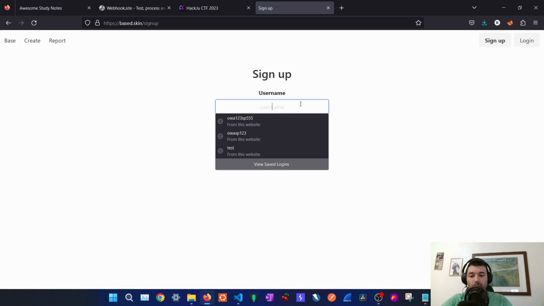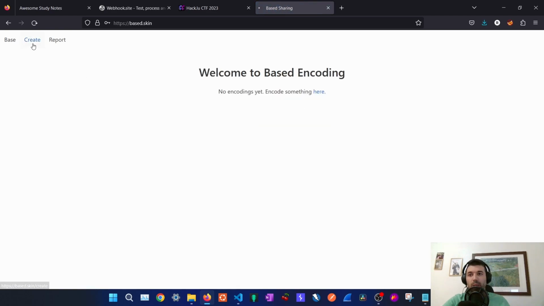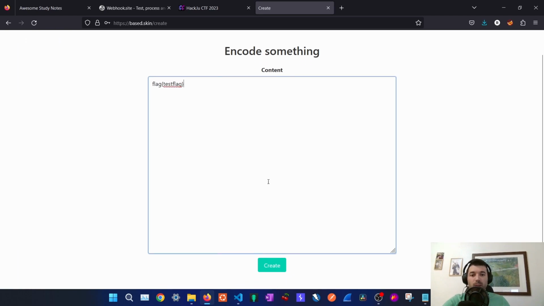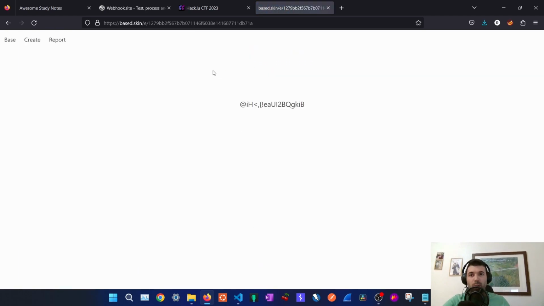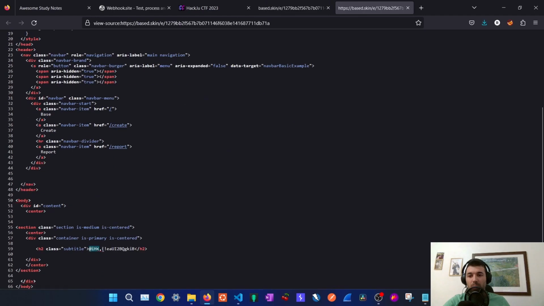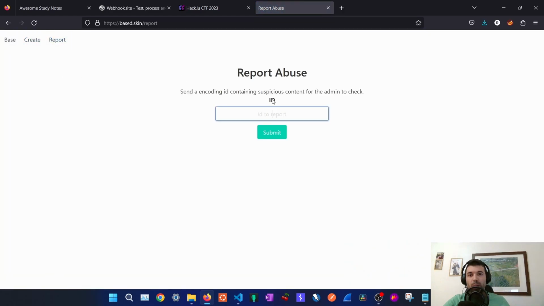Let's sign up with user Z6 and G. Let's log in. Here we can create encodings. We can encode, for example, this. And once we encode it, there is an encoding ID that's generated, and we get our payload base91 encoded back. We also have a report button where we can report an ID of one of these encodings to the admin